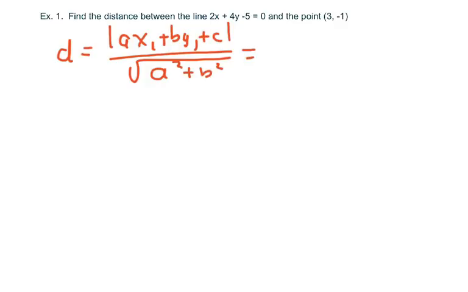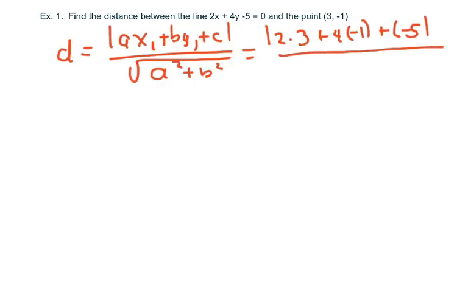And this is going to equal the absolute value of 2 times 3 plus 4 times negative 1 plus negative 5 all over square root of 2 squared plus 4 squared. Alright, and what we're going to get is absolute value of negative 3 over the square root of